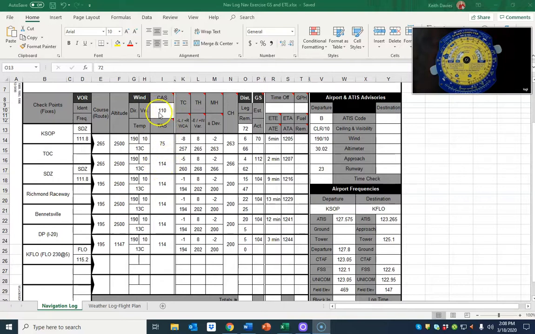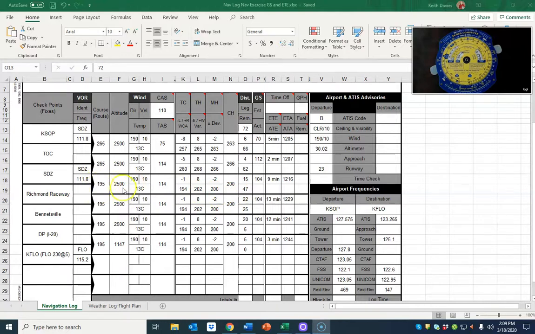So our cruising at 110 gave us a true airspeed of 114. Then we corrected our headings for our crosswind, or in this case, when we turn south, our headwind. And then we also corrected for variation and deviation to get our compass heading. So when we took off and turned to 265, we actually were steering 263 on our magnetic compass in the airplane. When we turned south,